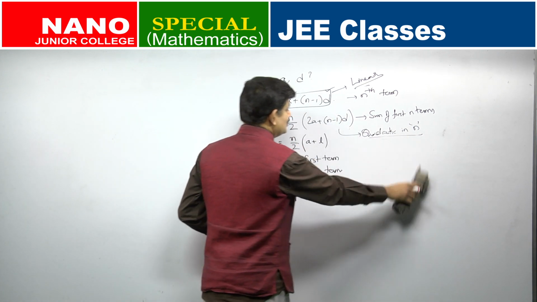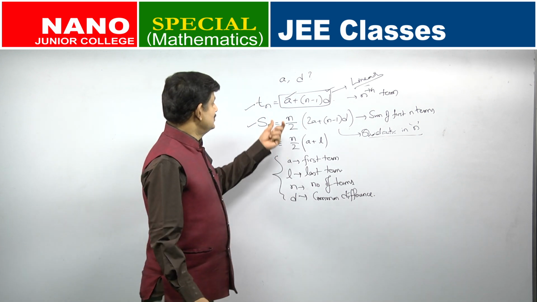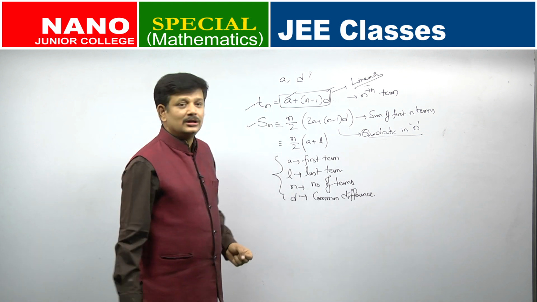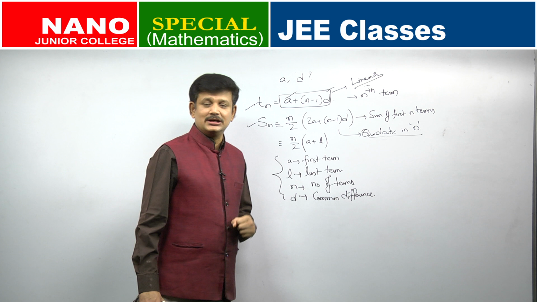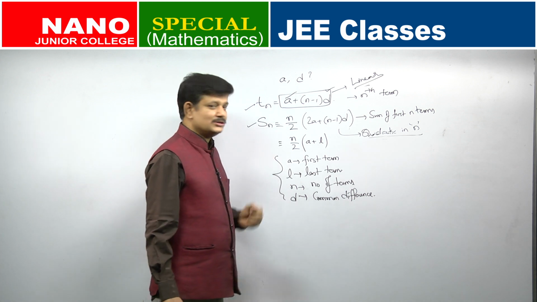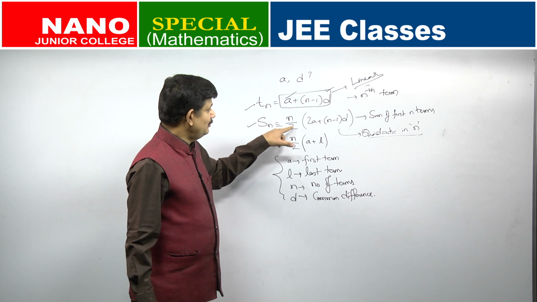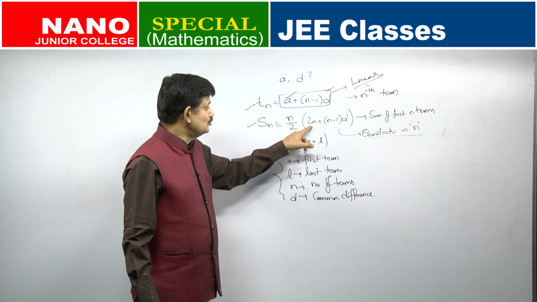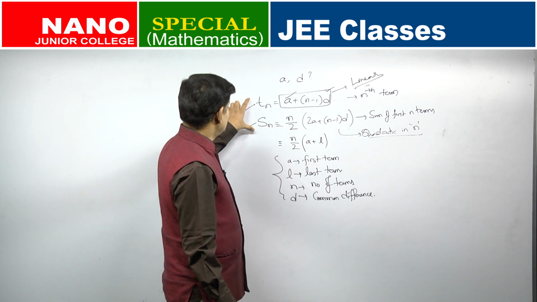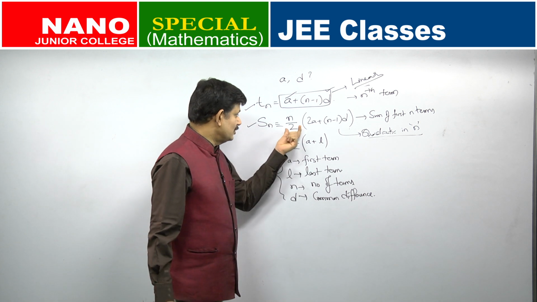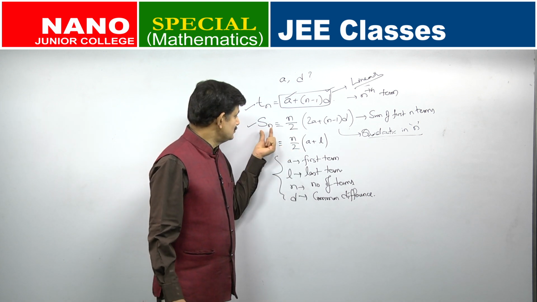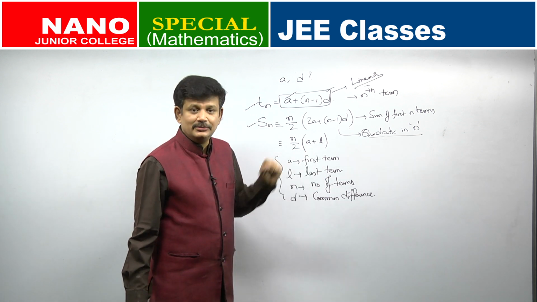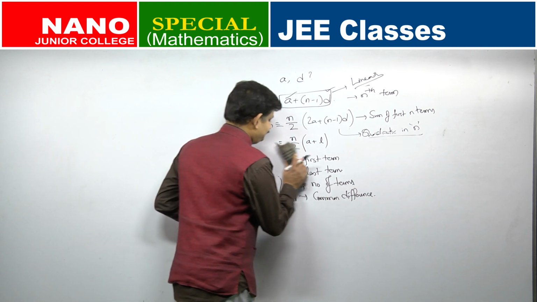Sometimes what happens is, usually they give the summation of n terms and they will ask you to find the nth term, or they will ask you to find the common difference or first term or second term of the arithmetic progression. We will do such questions. So, S n will be a quadratic in n, we will get back to that. And what is its formula? n by 2 into 2a plus n minus 1 into d. I suggest you remember both the formulae. And what is the other way of writing the sum to n terms of an arithmetic progression? n by 2 into a plus l, where a is the first term and l is the last term. Okay.